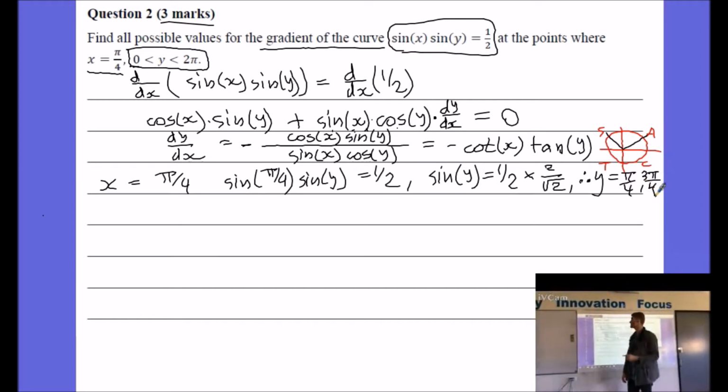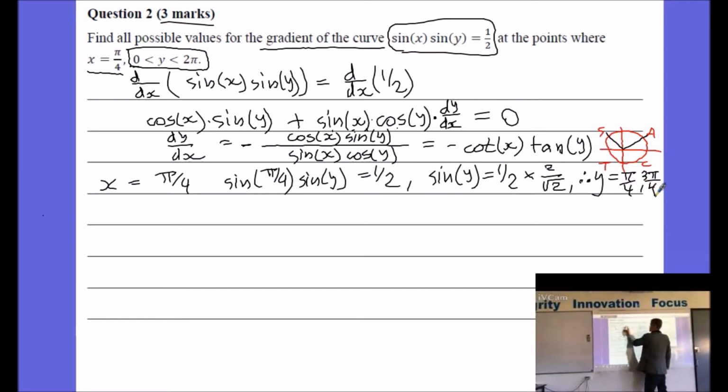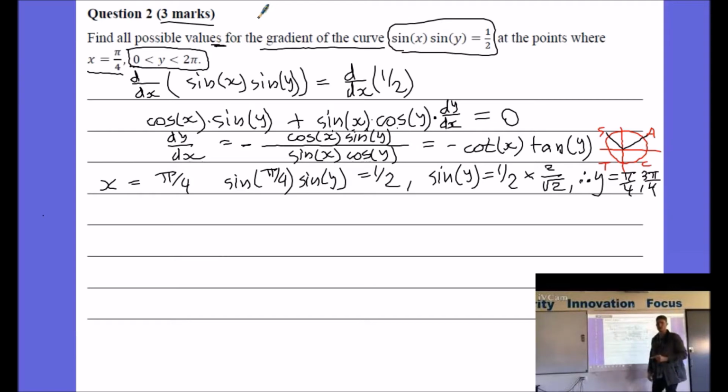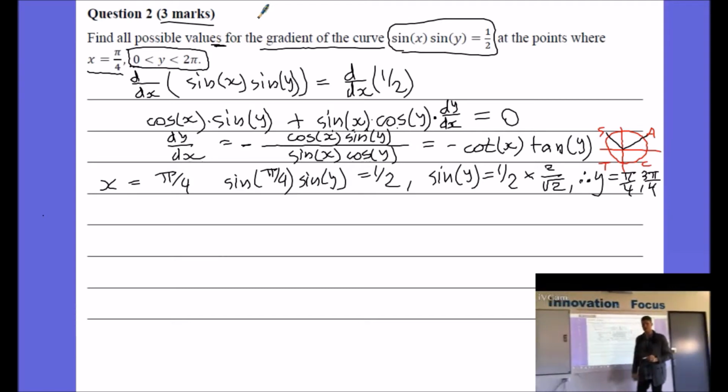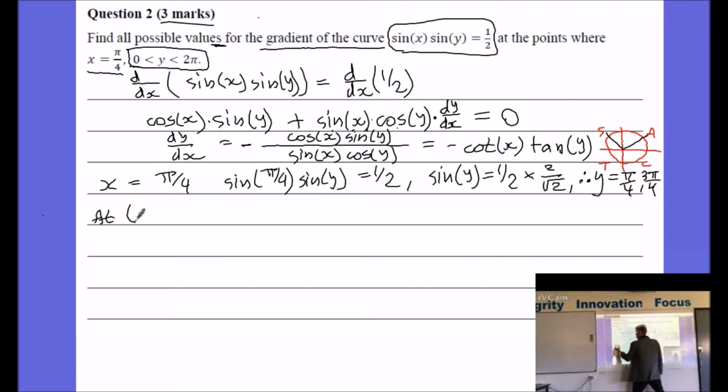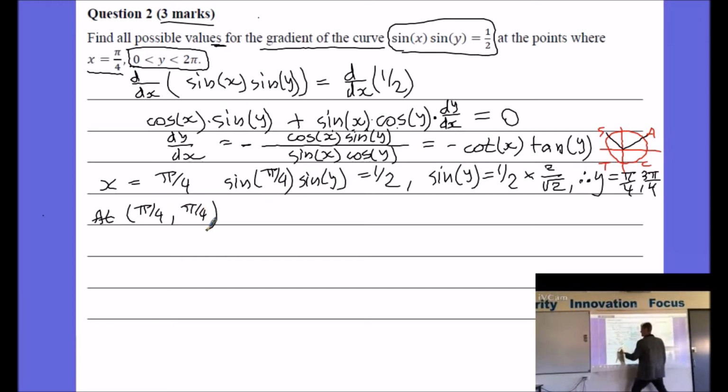So we've got 2 points, and we're told we're going to get 2 points because we've got plural for values there in the question. So you've got to pick up those little hints as to what to expect. Alright, so at the first point, pi on 4 and when y is pi on 4. Okay, then the gradient function